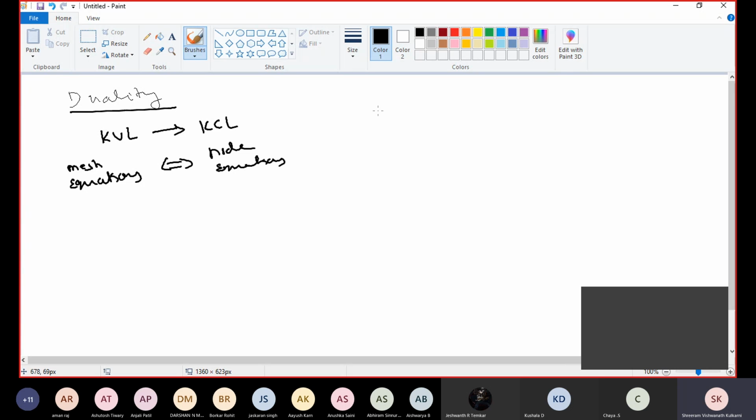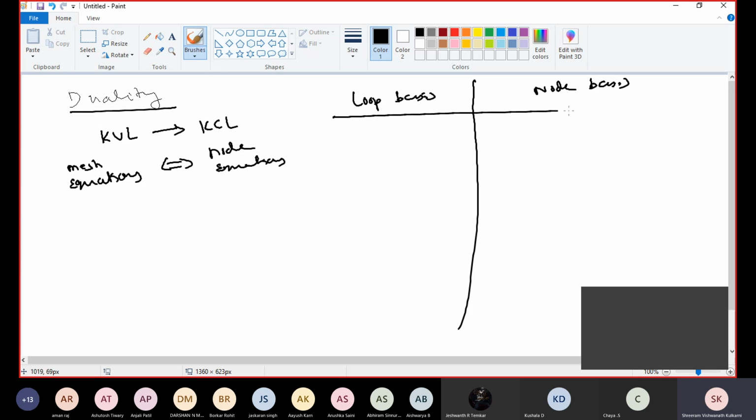Fine. Now, how we are going to say the dual of voltage source will be in the other network. See here first, on a loop basis, that is mesh equations. If a current source is there, then we are going to replace that with a voltage source. Fine. If resistance is